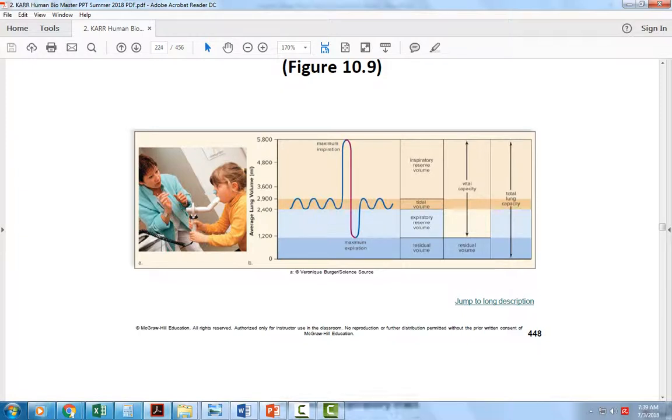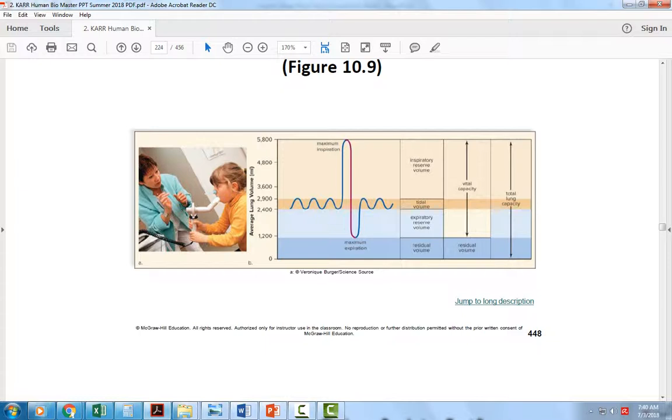And after we've given a normal exhale, we have extra air that we can blow out as well, and that's our expiratory reserve volume. So for example, when you sneeze or cough or laugh really hard, you're using that expiratory reserve volume. But there's always this residual volume that we can't exhale,